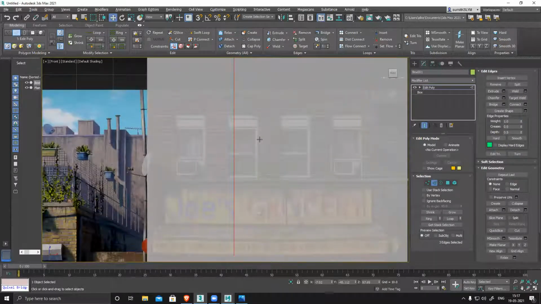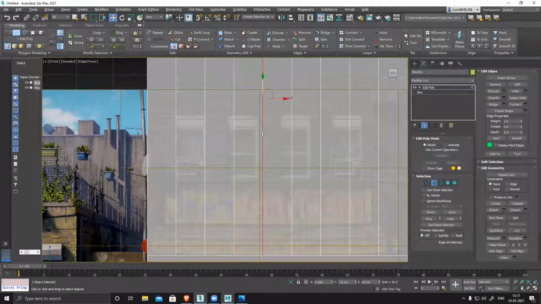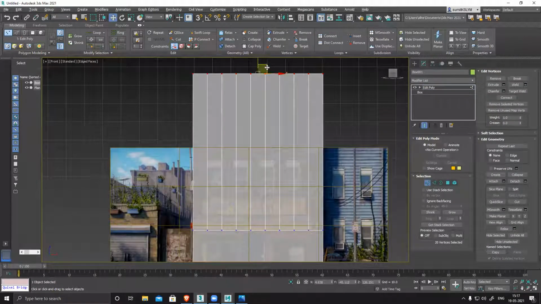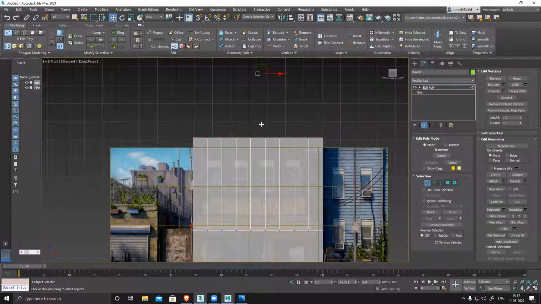Double click. You can press F4 so that you can see all the wireframe. And I'm reducing this section so that it becomes easy for me to control.